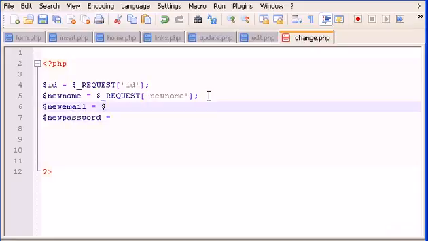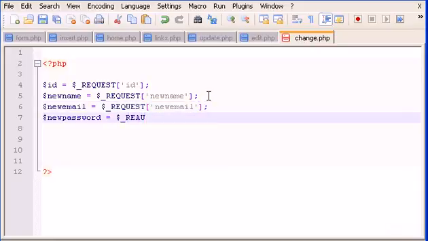and here is request, square brackets, and new email. That's it. And here is request, and here is new password. Okay, perfect. Let's proceed, and now let's type some MySQL